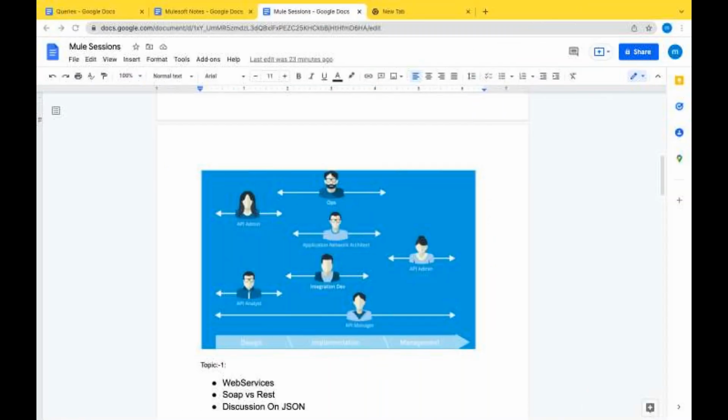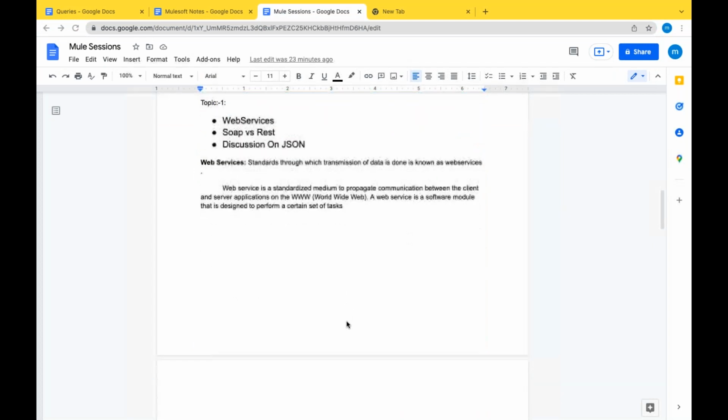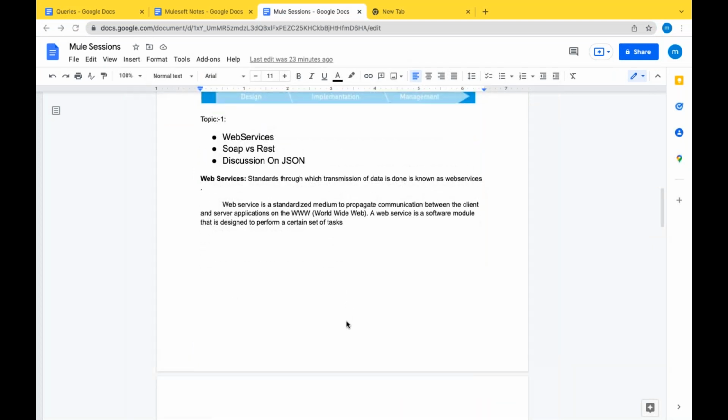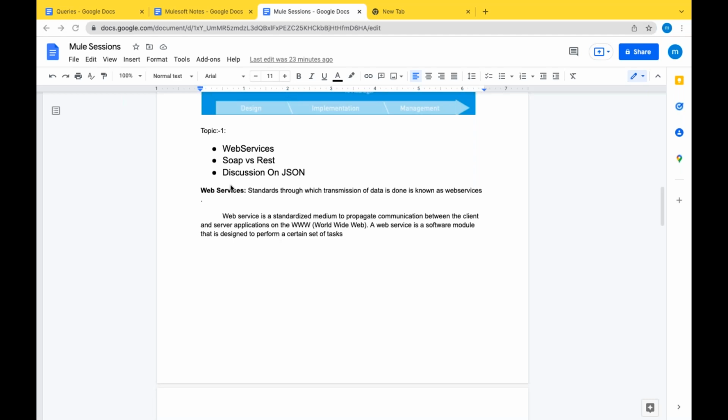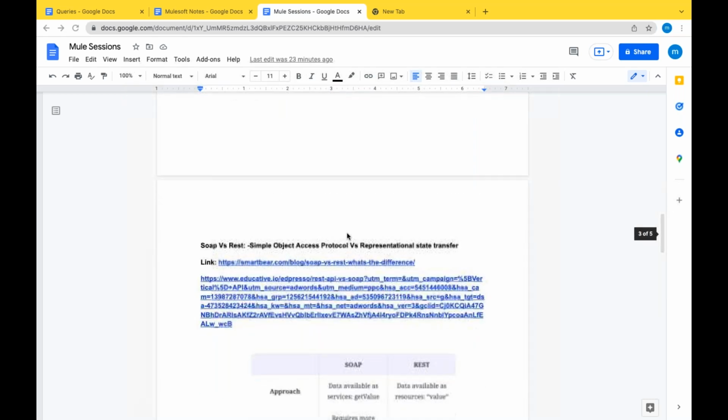If you see these running notes, they have all the details, more on definitions, what web services are and their definition. What is a SOAP web service? SOAP stands for Simple Object Access Protocol, which was developed by Microsoft.